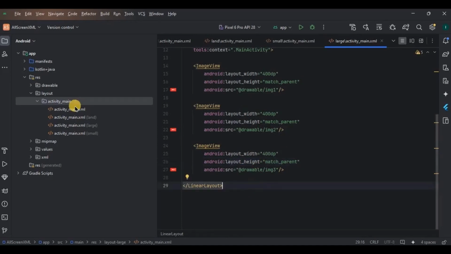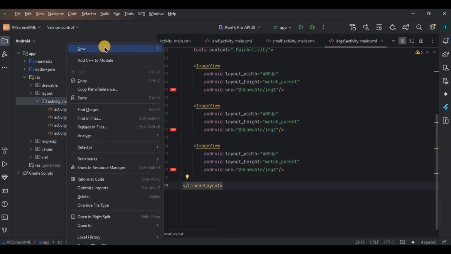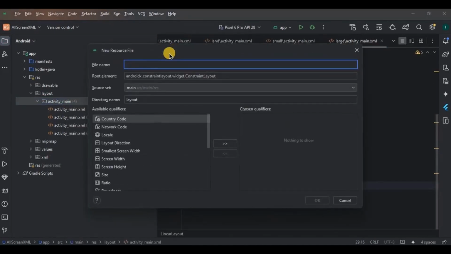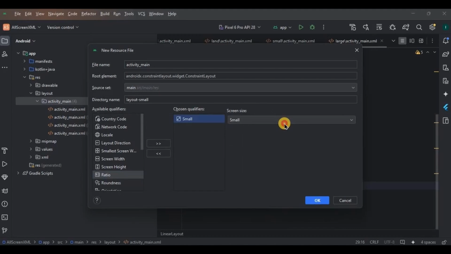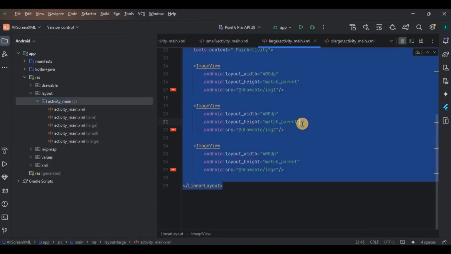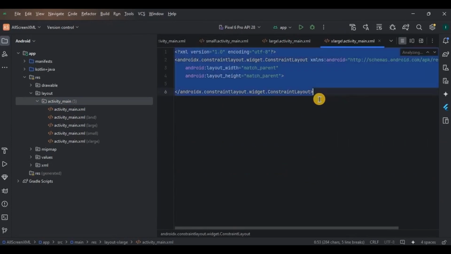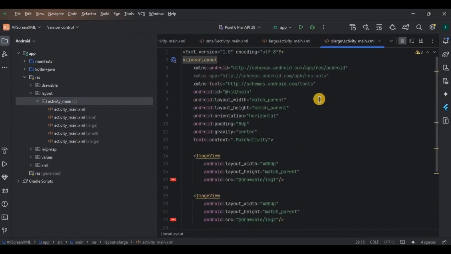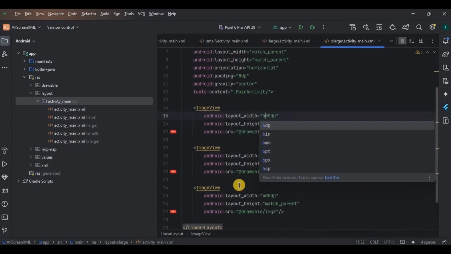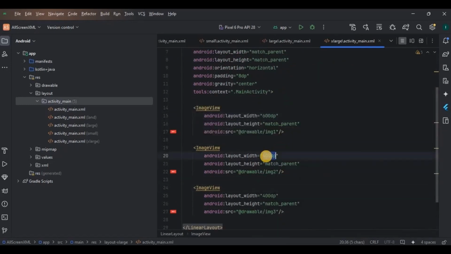And done. Next, let's do it for a desktop screen as well. So choose X large and click OK. Here write the same code except the width of the image. It's a big screen, so obviously the image width will be increased from 400 dp to 600 dp. Fair?